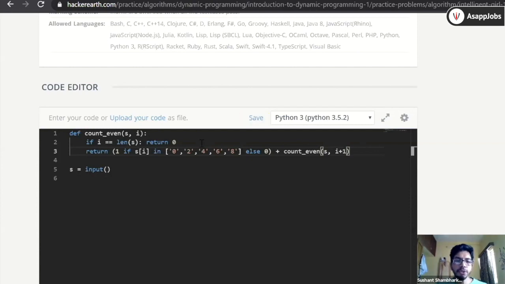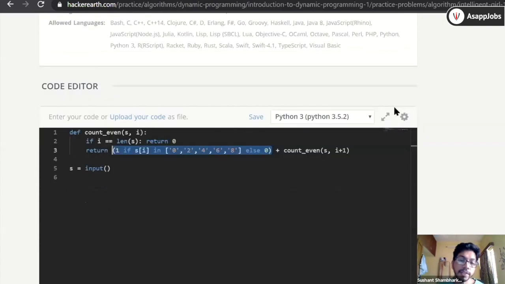Right. Usually, most dynamic programming problems follow this path. You will write a function, then write a base case, and then write a recursive call with some calculation. So this is our recursive call here. You can see this is a recursive call, and this is an operation that you want to perform on that particular number. So the problem says find if it is even or not. If it is even, then add 1. If it is not, then add 0. So it's pretty easy.